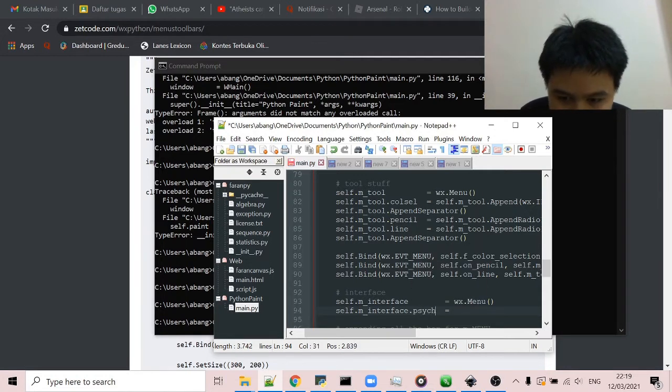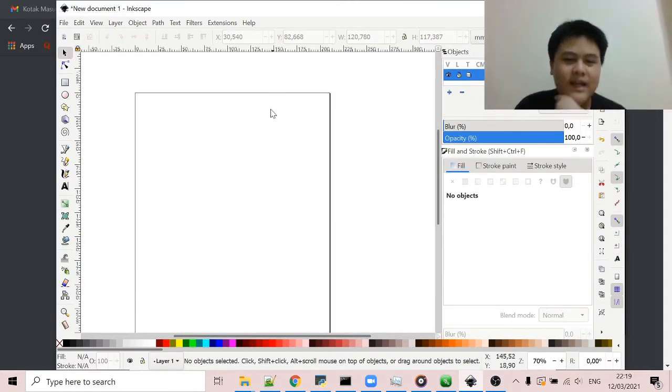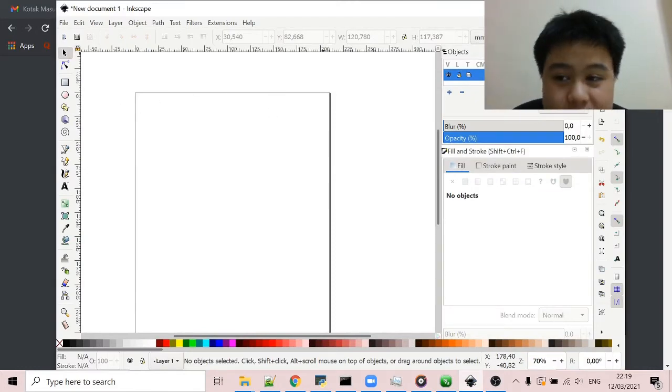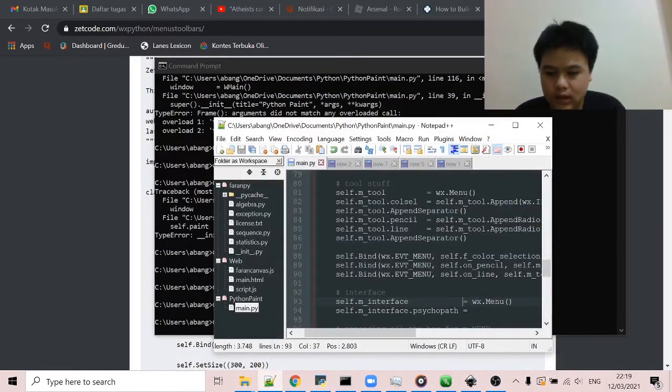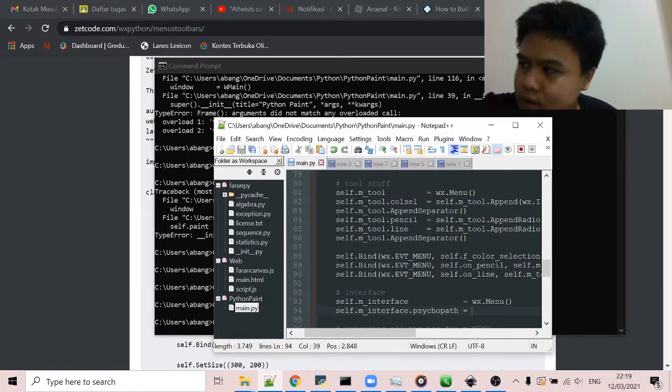Oh no, psychopath. If you are a psychopath, then you are using white mode like I do with this. Actually, I do this because of CorelDRAW. I mean, I used to work in CorelDRAW when I was a child, but I hate that because